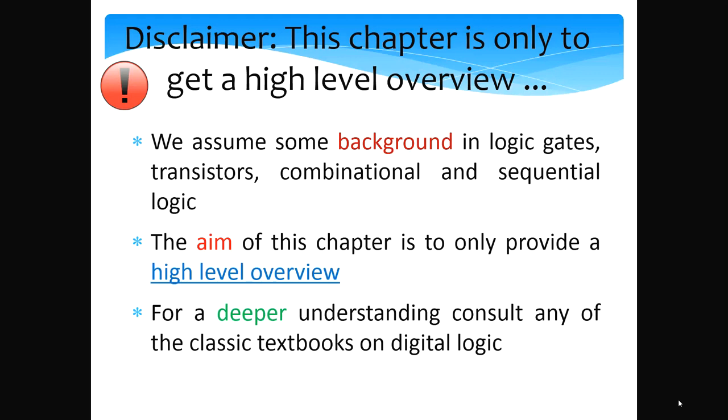The assumption is that students have at least some background in logic gates, transistors, combinational and sequential logic. In this chapter you can recapitulate all of those concepts and also get a high level picture of all the elements that we need from the point of view of designing a processor. For a deeper understanding, if required, students can consult any of the classic textbooks on digital logic.